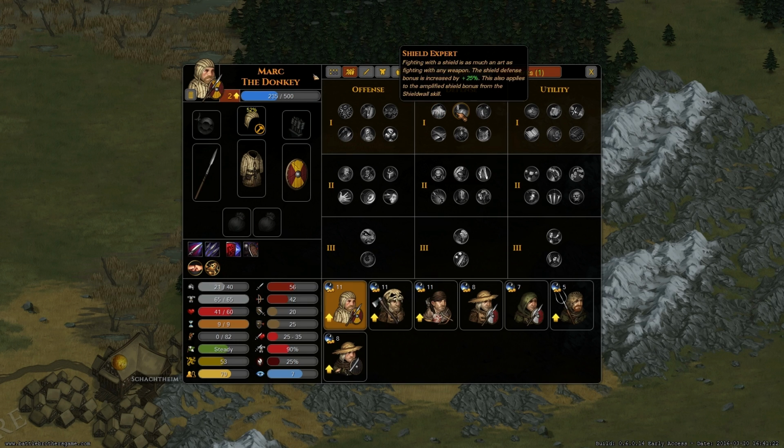Fighting with a shield is as much an art as fighting with any weapon. The shield defense bonus is increased by 25%. This also applies to the amplified shield bonus from the shield wall skill. Nice. Learn to better deflect hits to the side instead of blocking them head on. Shield damage received is reduced by 50% to a minimum of 1. Okay. Hits to the side. I don't think there's actually a thing like flanking, but